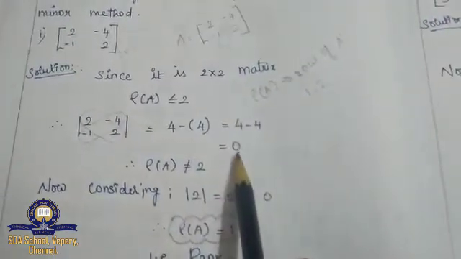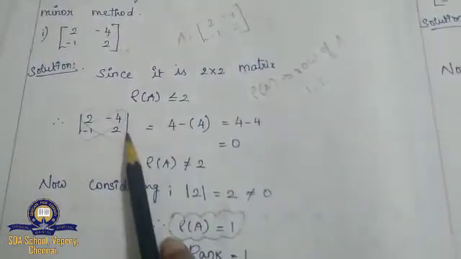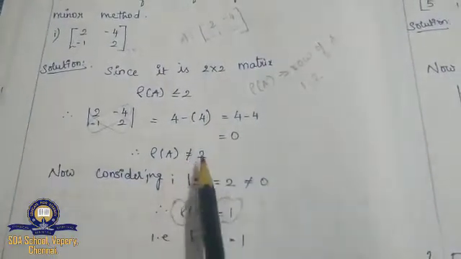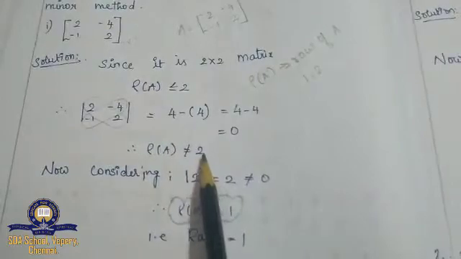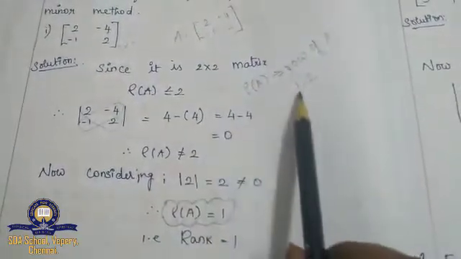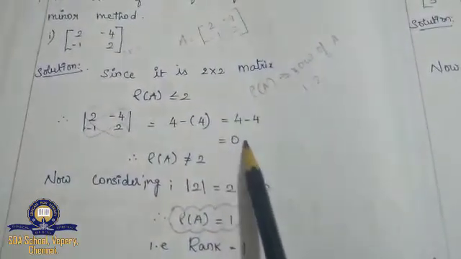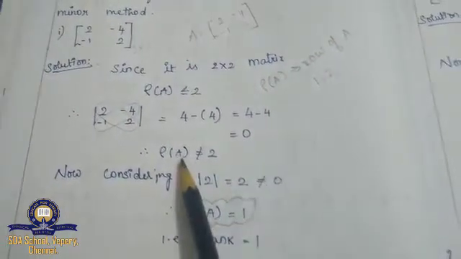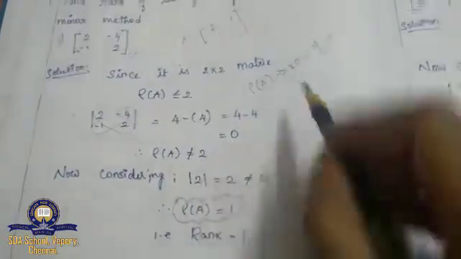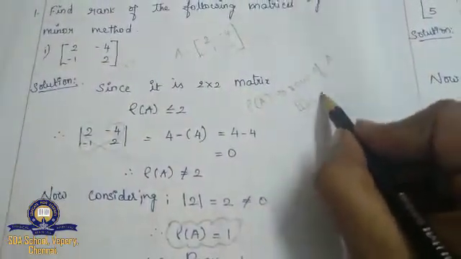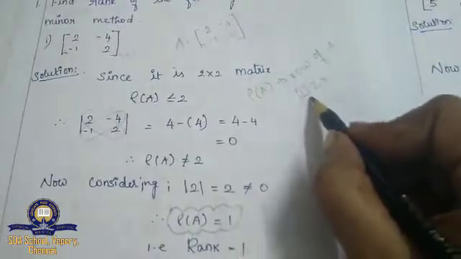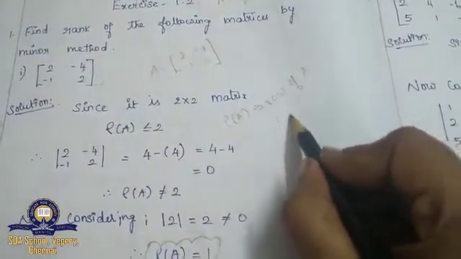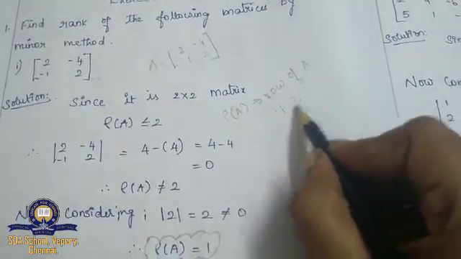Listen, if by doing the determinant your value gets 0, your rank will not be equal to 2. As said before, your rank will be either 1 or 2. But after doing the determinant, if my answer is 0, then row of A will not be equal to 2. What is the other possibility if rank is not 2? It can be 1.